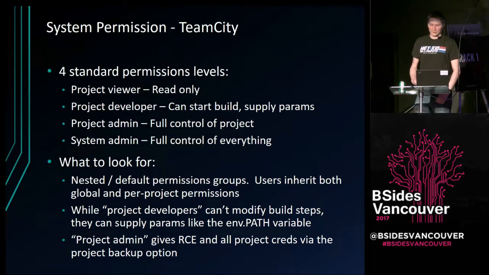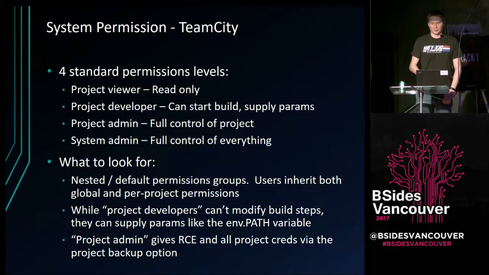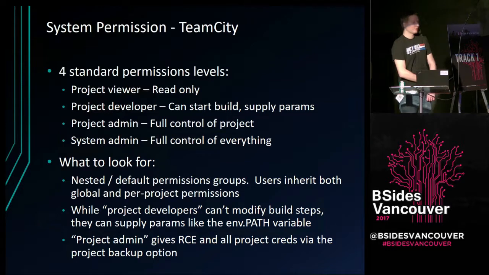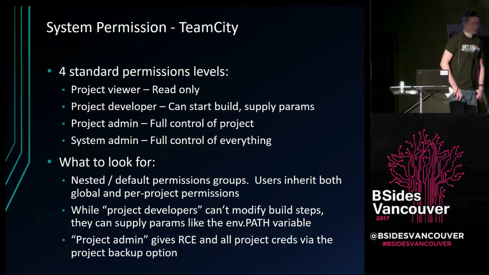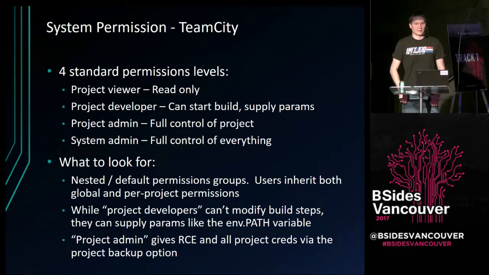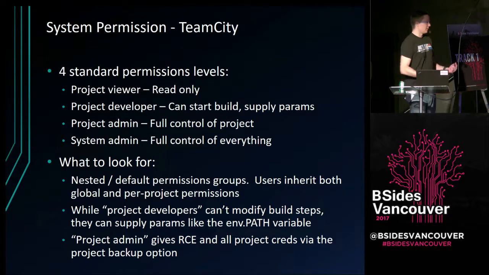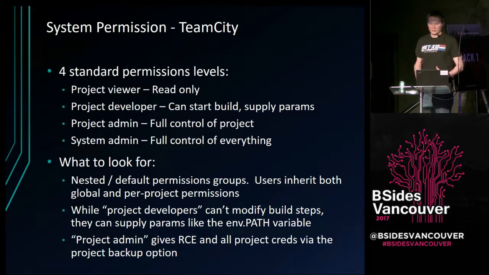When they start a build, they can supply parameters to that build. One of the parameters they can supply, well, not one of, but a set of the parameters they can supply is any of the environment variables that the build slave is going to use. So they can supply a new path variable, for example, and if they are otherwise able to log into that server, they can just rewrite what something like GCC gets pointed to and take over the permissions of the build slave.